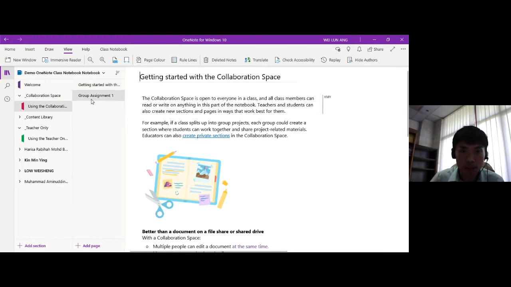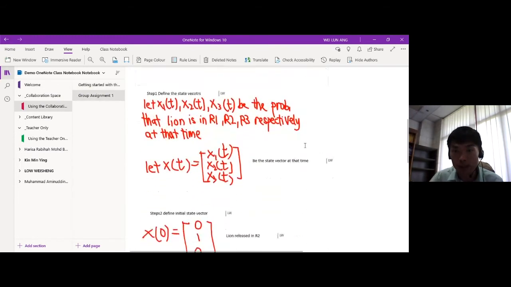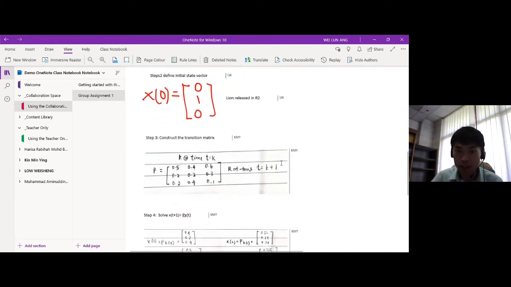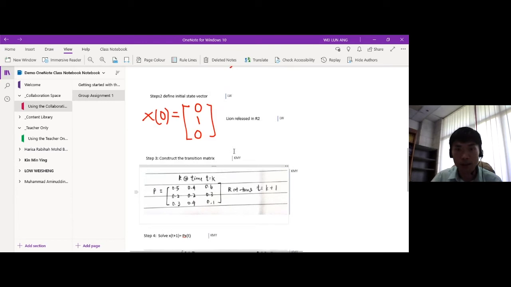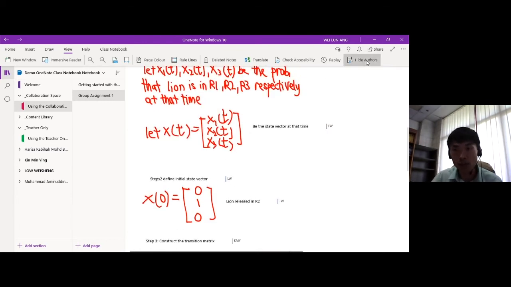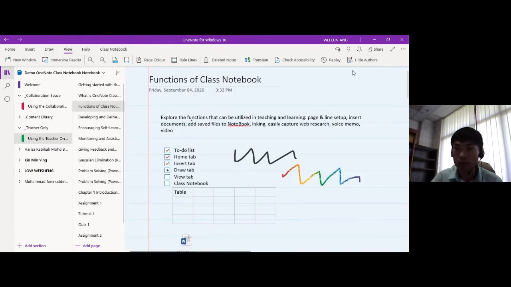I just showed it here. If you look at this, you realize that there are some annotations beside the text here. It means that this is the author who wrote the text. So we will be able to differentiate which students contributed to this particular section of the project. But you can switch it on and switch it off depending on your preference. So this is under the view functions.